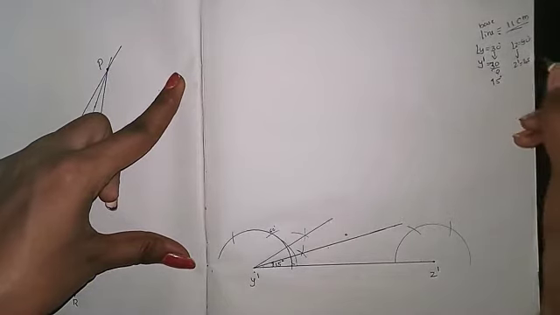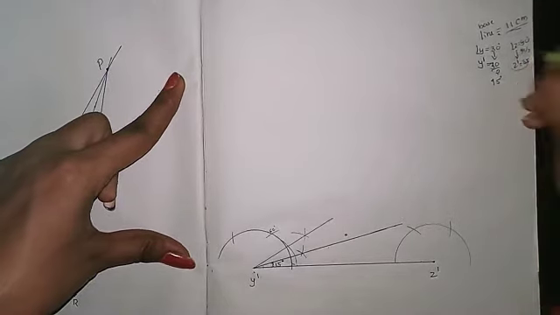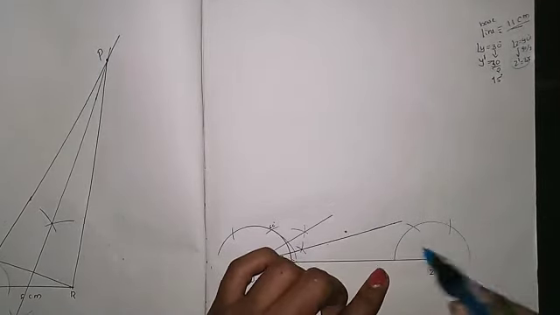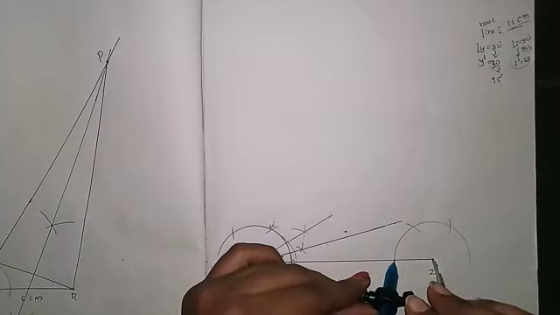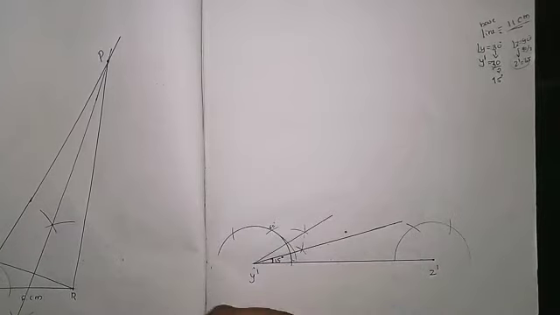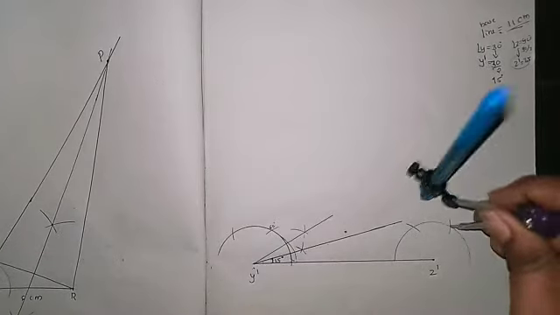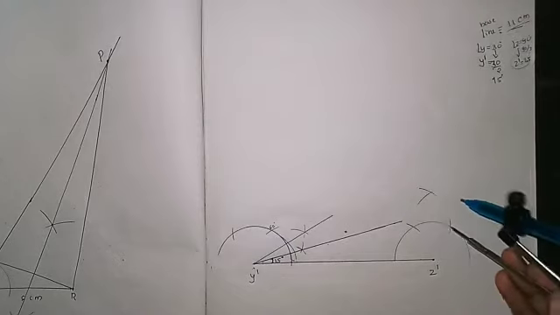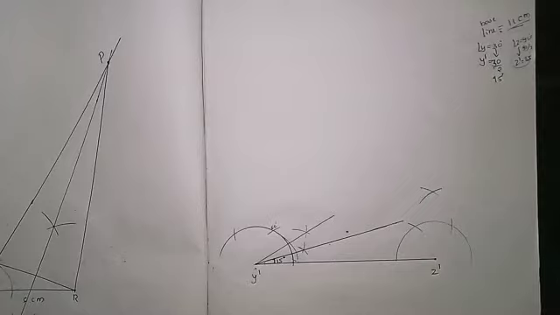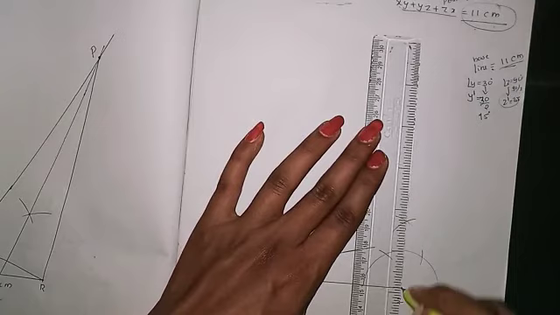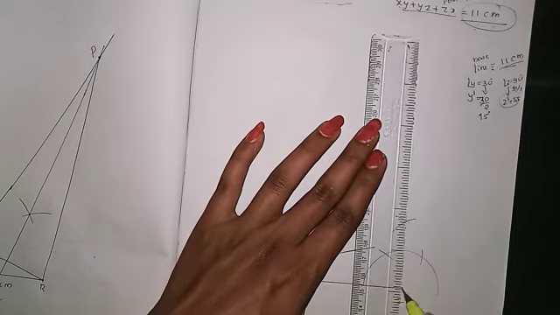Here I want z dash, that is 90 by 2. To create 90, you take the same length. I will measure what I have created here already. This is 60, this is 60, and to make 90 degrees you keep the same angle. Keep it here and keep it here. A little bit I have to increase. So now it is a 90 degree angle. Just take the point and join the line.